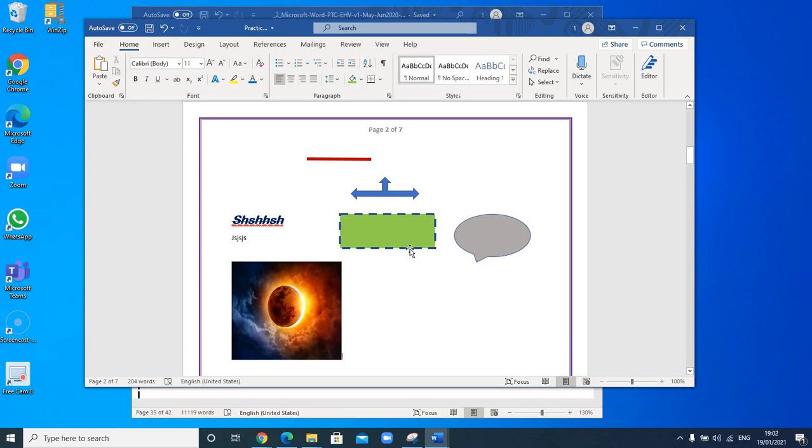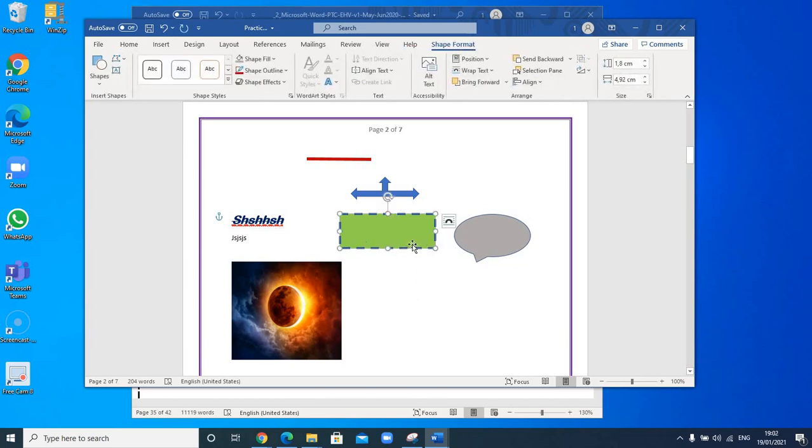To do that, the first thing I'll do is click on the first object, which in this case would be the rectangle, and let the second object be this object. In order to select both of them, I press the control key down on my keyboard and click on the second one, and now you see that both of them are selected. To group them together, I go to the shape format menu, and I go to arrange, group,